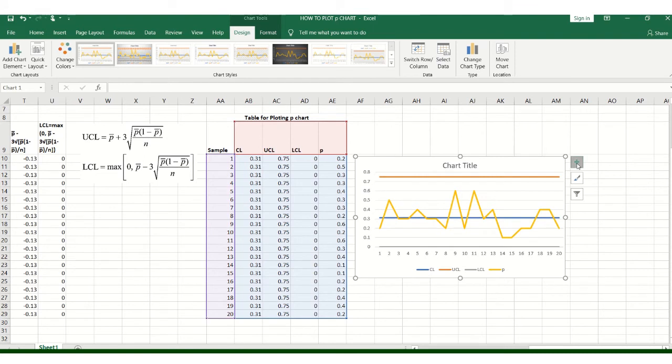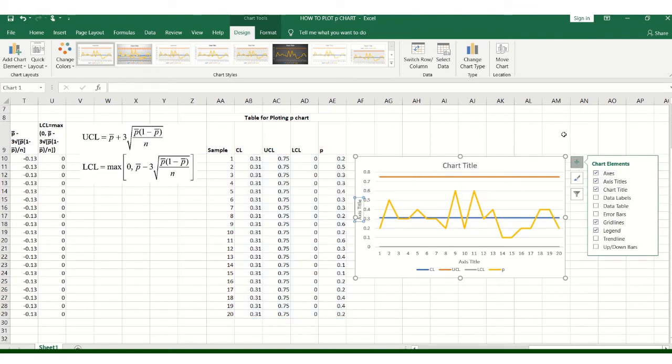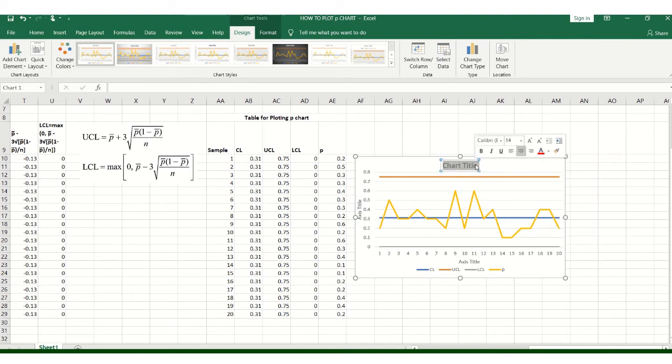Now I want to add the axis titles and chart title. Here I can mention that this is the P chart. So I can write P chart. Now, what does the x-axis represent? The vertical axis, the y-axis, represents the proportion, or I can write small p, comma, proportion defective.